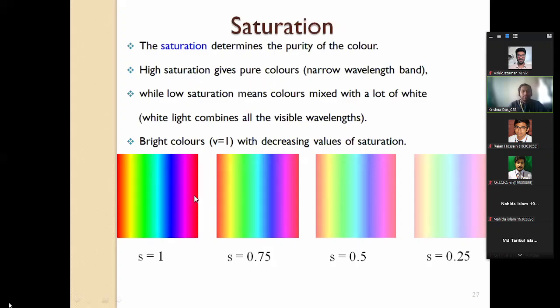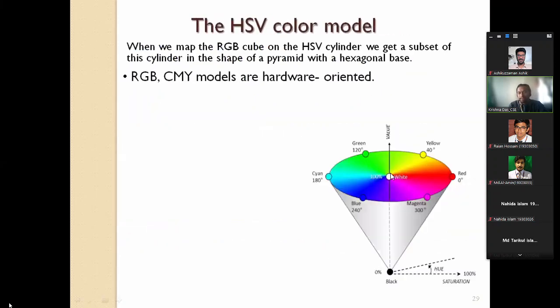So whenever you are going in that circle from that point, it is giving the narrow wavelength. Why is it narrow? Because that specific yellow color of wavelength will be found. If you go there, the specific wavelength for green will be found, or maybe that is for the cyan. So from the center, when you go to the circumference, on that boundary, as much as you move, the wavelength will be the narrower one, the finer one, so that you can see the pure color for that.